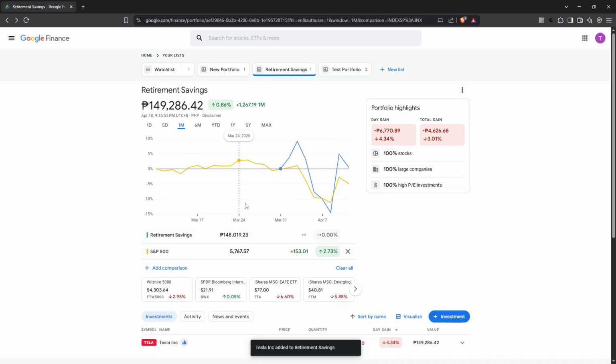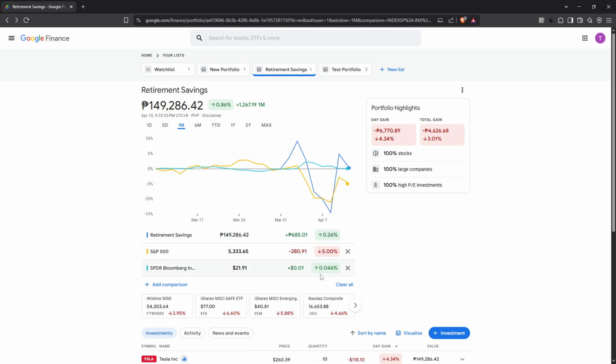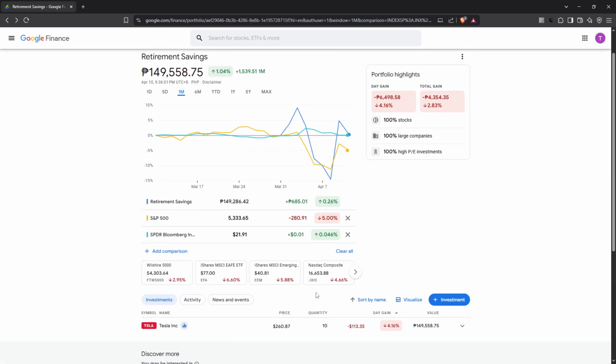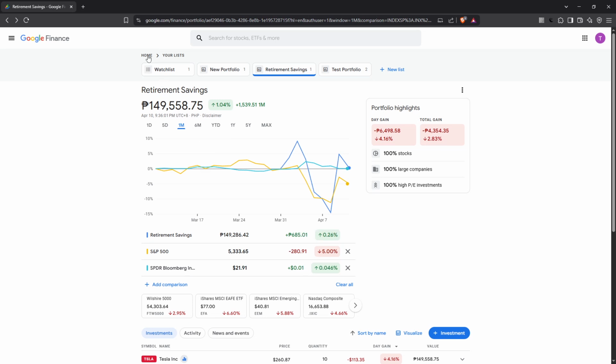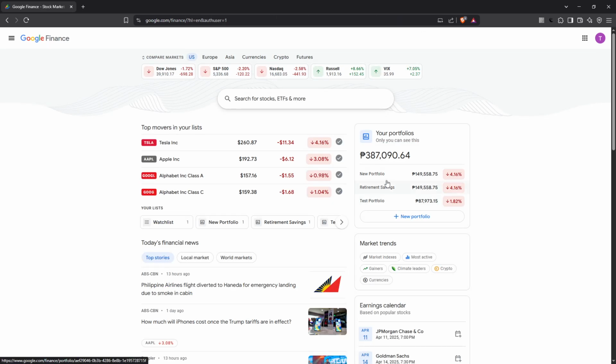Don't forget, Google Finance provides not just an overview of your investments, but also detailed analyses and the latest news that could affect your financial decisions. Finally, you can create multiple portfolios to reflect different strategies, or to keep personal and business investments separate. By organising them in this way, you can keep track of where you're excelling and where adjustments might be necessary